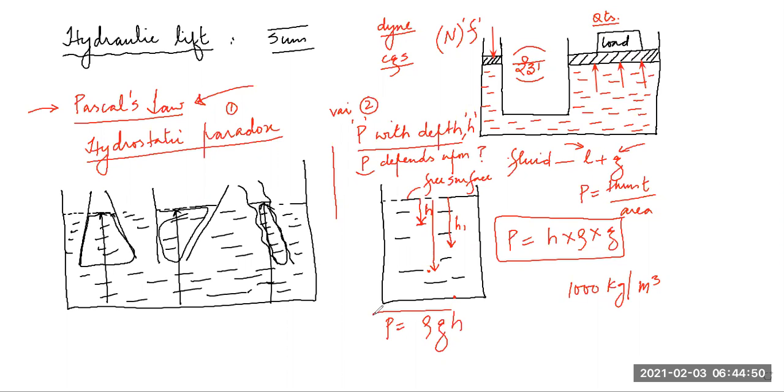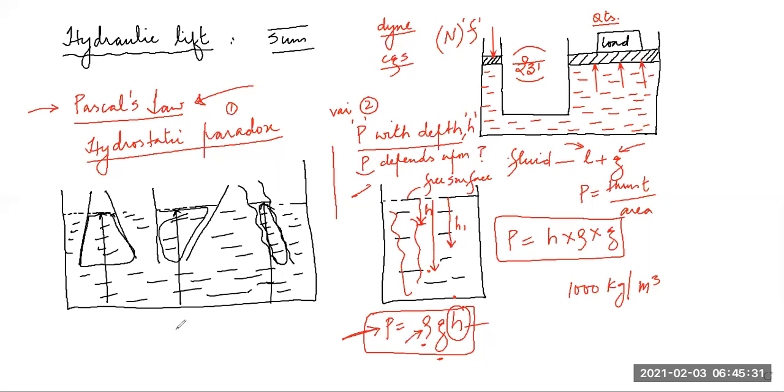This is a very interesting formula, and this formula also tells you the variation of pressure with depth. As this depth is increasing, the pressure is also increasing. Students, very interesting. All across the fluid, the density is constant, and G, acceleration due to gravity, is also constant. So what is changing? It is only H which is changing. So my second question, that P depends upon what all factors? None. Pressure does not depend upon anything else, because rho is constant.